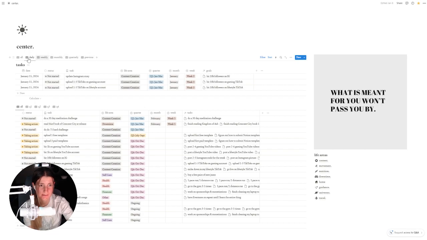So as I said, these are my daily tasks. You can see these tabs here. I have all of my tasks, my daily tasks, my weekly tasks, my monthly tabs, my quarterly tabs, and my previous tabs. And all of these, well, not all of them, but if they are related to a goal, they will relate to the goals, and the goals are down here. We'll talk about them after. But for example, me wanting to hit 10K followers on Instagram. Well, one of the things I feel like I need to do for that is upload to my Instagram story every single day. And for my TikToks, I need to upload a few times a day on those accounts. So this is just how I keep it in tab for my daily goals.